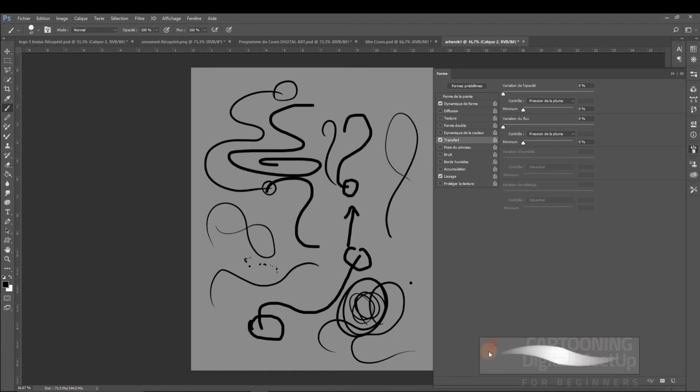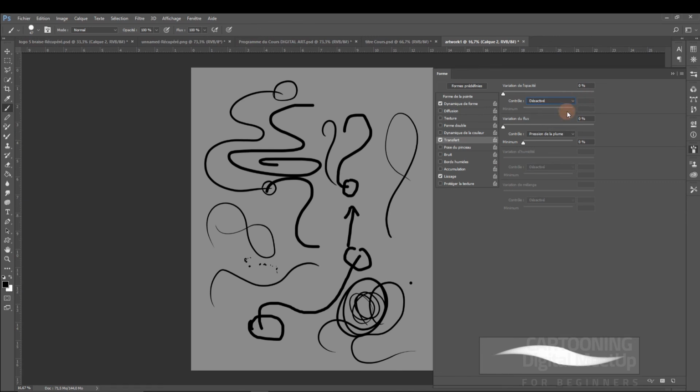Okay, but if you don't have the pen tablet and it's the mouse that you are using, it's going to be like this anyway, like this too. It's going to be the default one, like this and like this. It's going to be like this, like the mouse. Here are the settings of the mouse. Even if you are using the